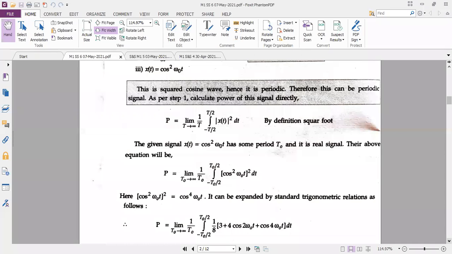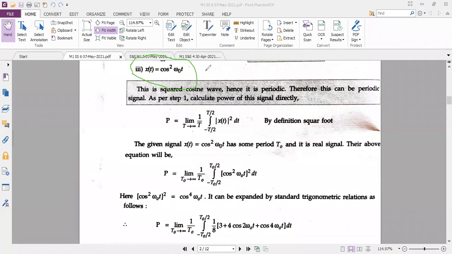So the conclusion is important when you solve the problem. And 100% you will get problems in finding the energy signal and power signal. They will give some 4 to 5 questions. They will ask you to check which signal is periodic, which signal is an energy signal, which signal is a power signal. So accordingly, you find the energy and power like that they will ask. So don't think that this problem is not important from an exam point of view. It is very important. So now write the third question.